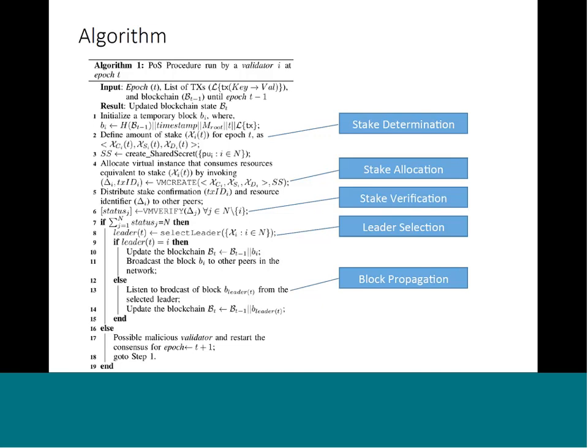The leader selection, selecting the leader who is ultimately responsible for updating the blockchain. Then broadcasting the block to the other peers, and then the propagation of the block. So this is all done in multiple epochs. So what you see over here is a procedure that is run by a single validator node at the start